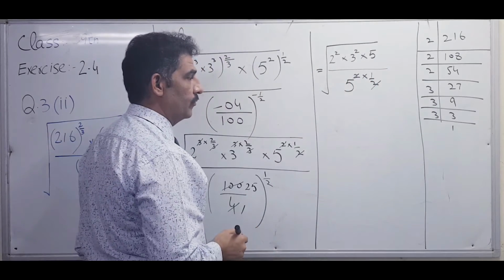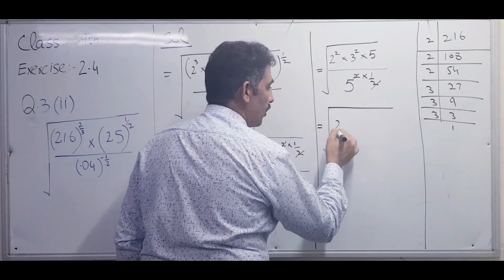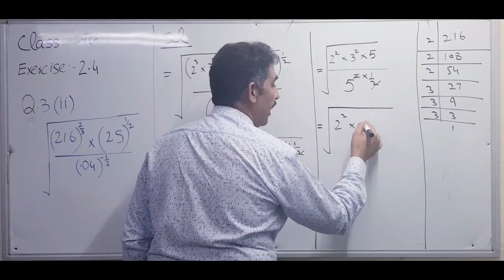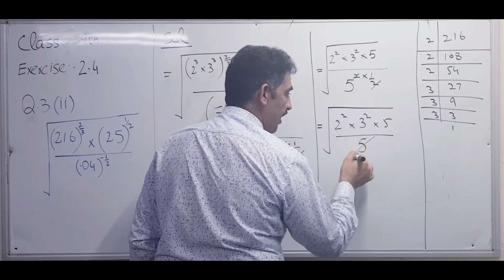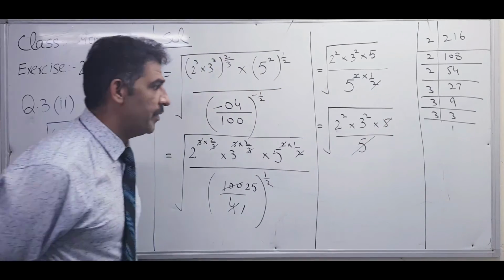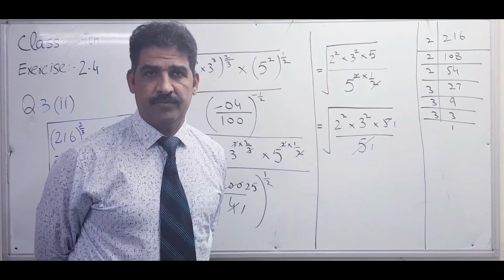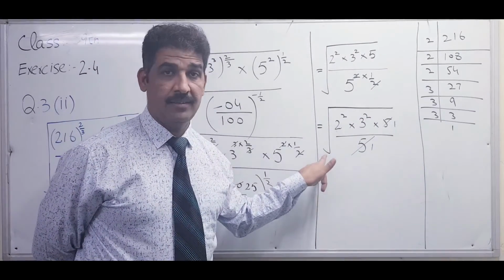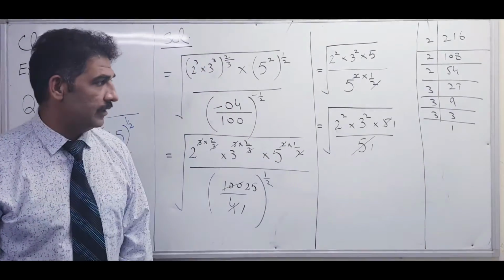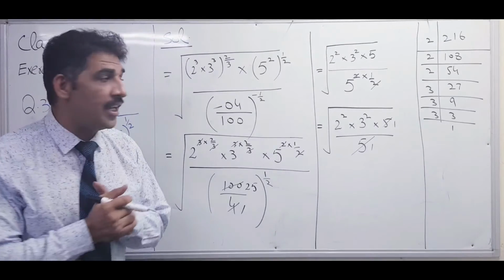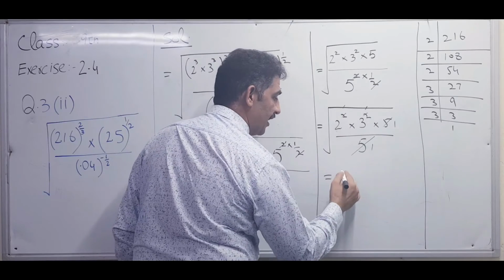What cancels here? I want to solve one more step, then it will be very clear. Otherwise I can simplify here, but I don't want to confuse you. 2 square and 3 square, here 5 and here 5. This 5 and 5 will cancel, leaving 1. Both have the term squares, and this is the root. Which root, square root or cube root? Square root, because no number is written here. So square cancels with square root, this square and square cancel with the square root. So what is remaining? That one square root also cancels.